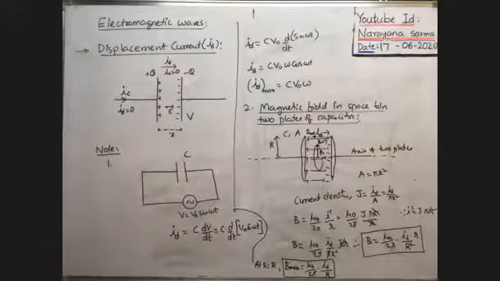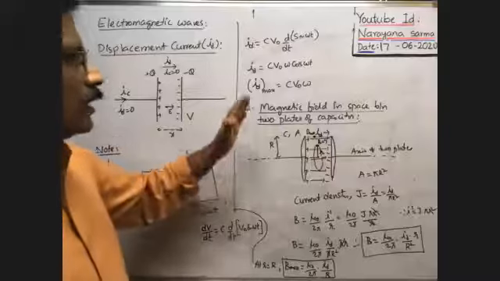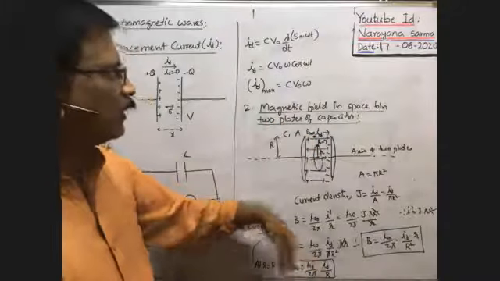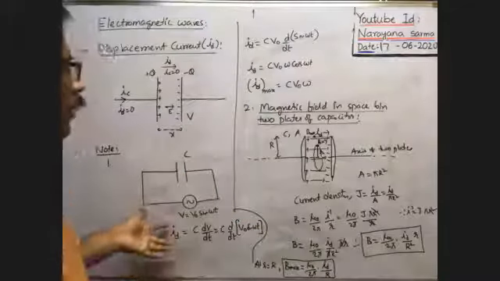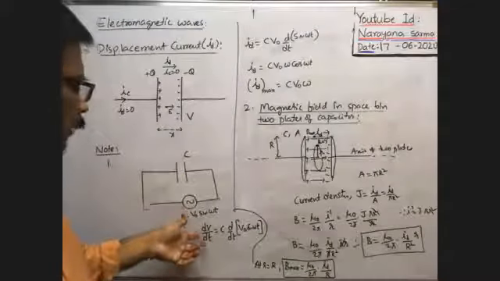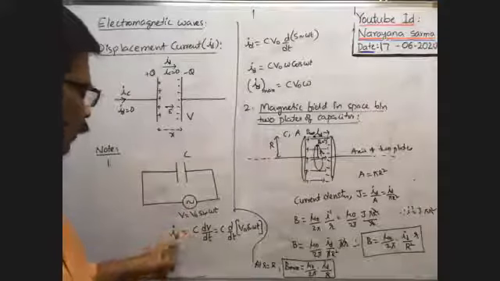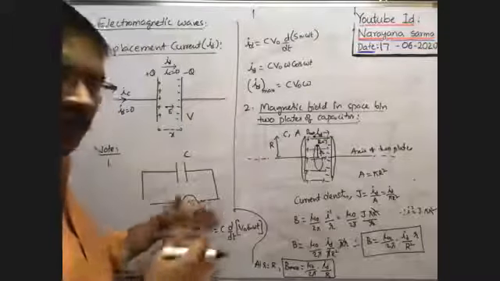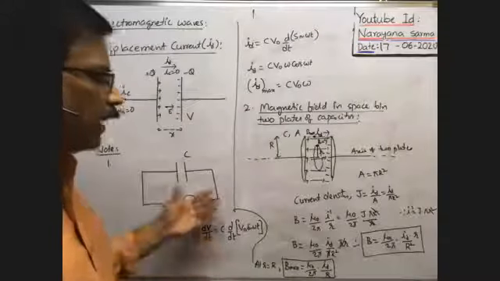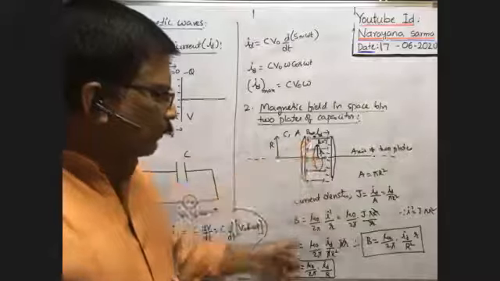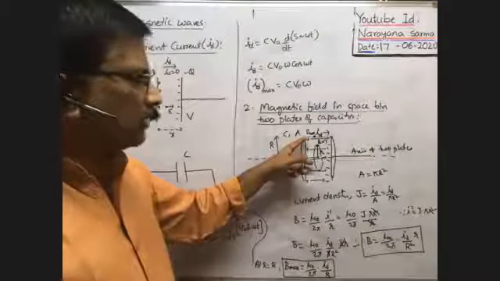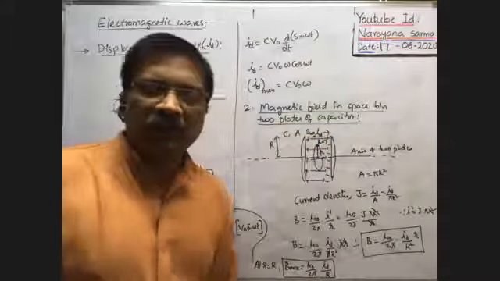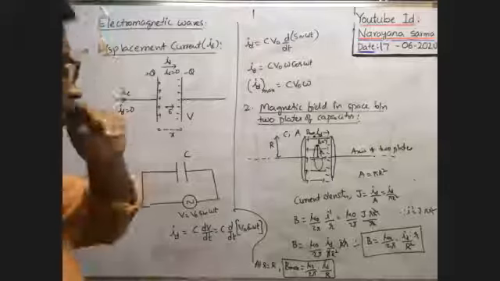Okay. So in this way, due to displacement current, we can find the magnetic induction. So here, how can we find displacement current? Previously we have different formulas. ID is equal to C into dV by dt, or ID is equal to epsilon naught A into dE by dt. Different formulas are there, no? By those formulas, we can find the ID value. If we know the radius of the plate, we can calculate the maximum magnetic induction between the two plates of the capacitor due to displacement current. Okay, in this way we can find. Right, this is the displacement current.